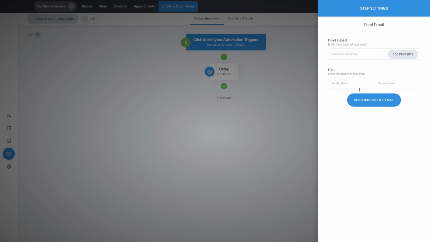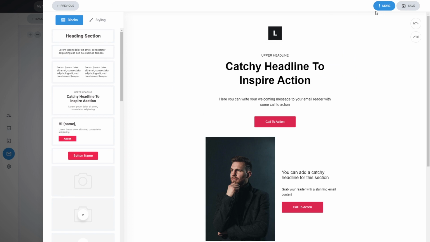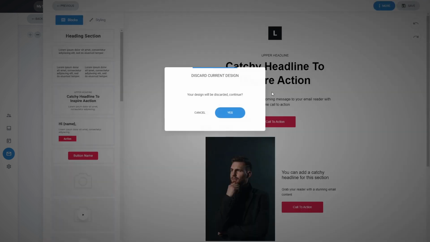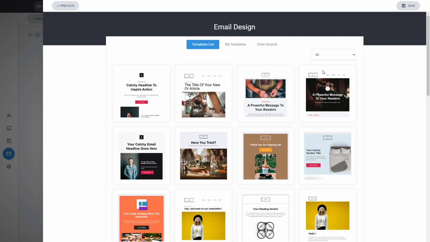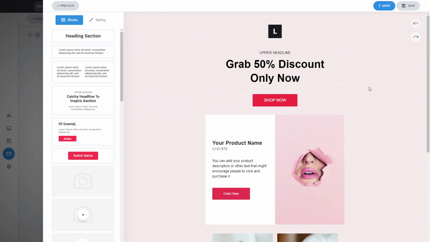Here you can add your subject and start building your emails with your email builder. Here is one such design. Maybe if it's a product, you can select an e-commerce type of design, so you can show them a video with a specific product in mind. Let's say this one, and people can actually purchase the product. Again, you can send them to the page where they can purchase it, but you can also email them, and not just once,